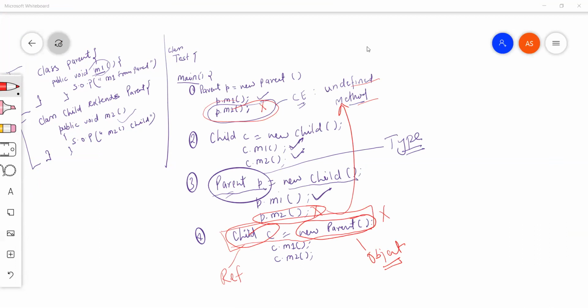Okay, fine. Now the next thing we are going to discuss is related to this inheritance itself. Like if you take Java example itself, like what is the benefit of Java? Why Java uses inheritance?